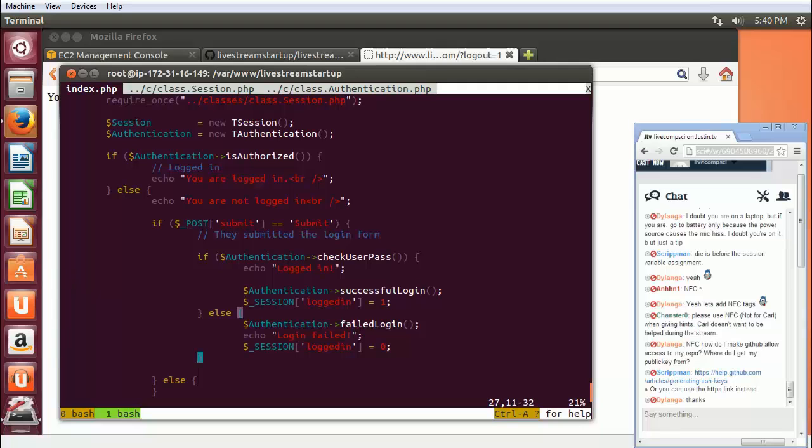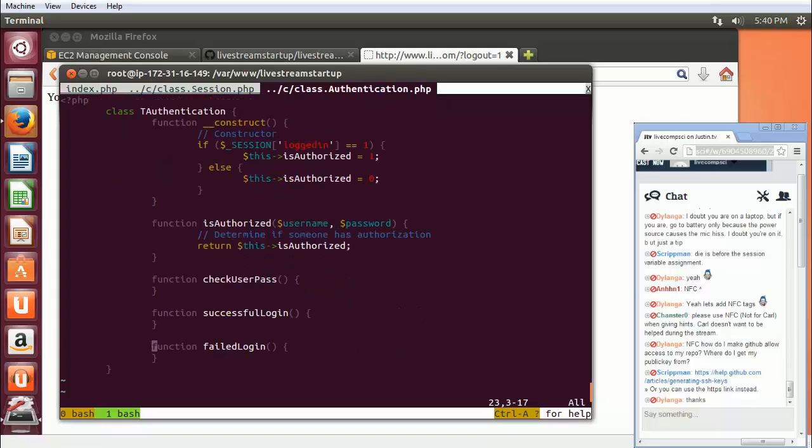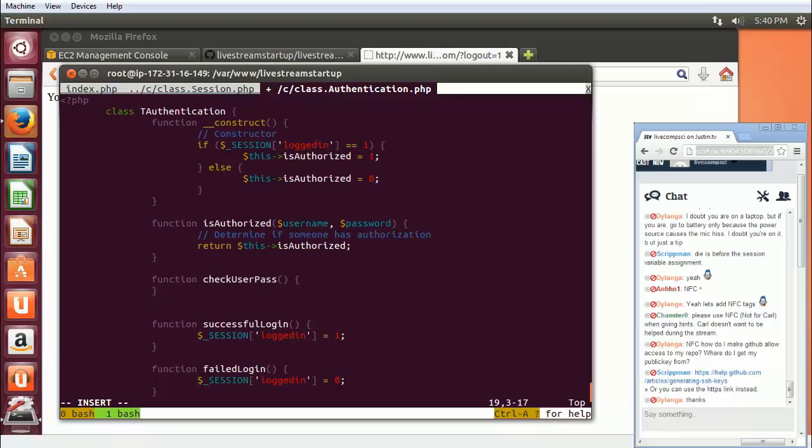And for right now, I'm just going to give it the same code. And here, until I make this more sophisticated,